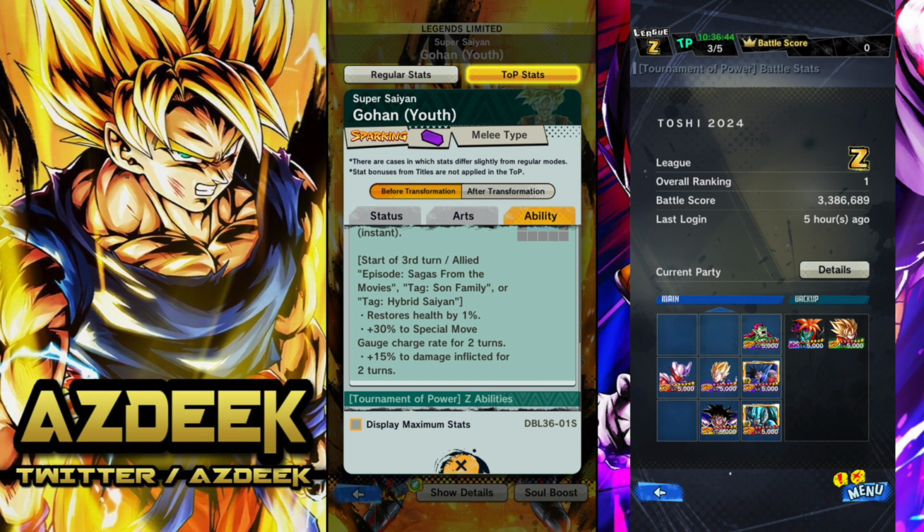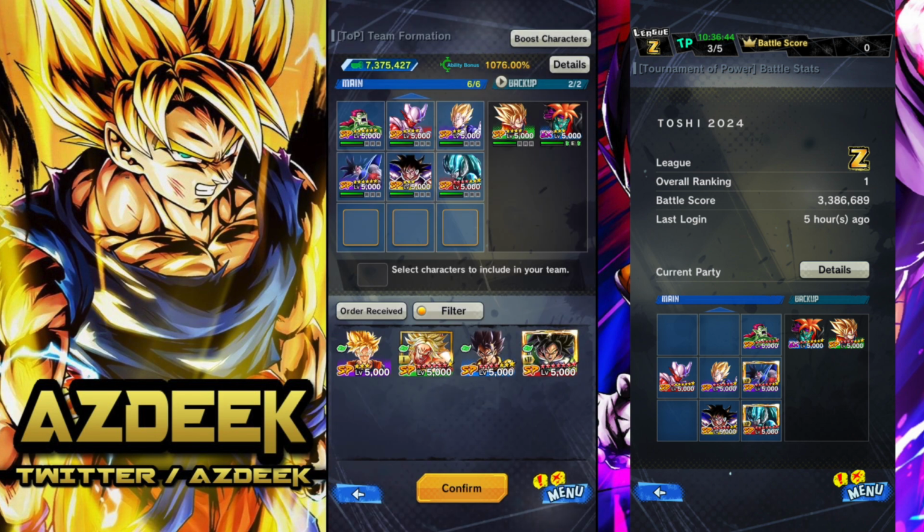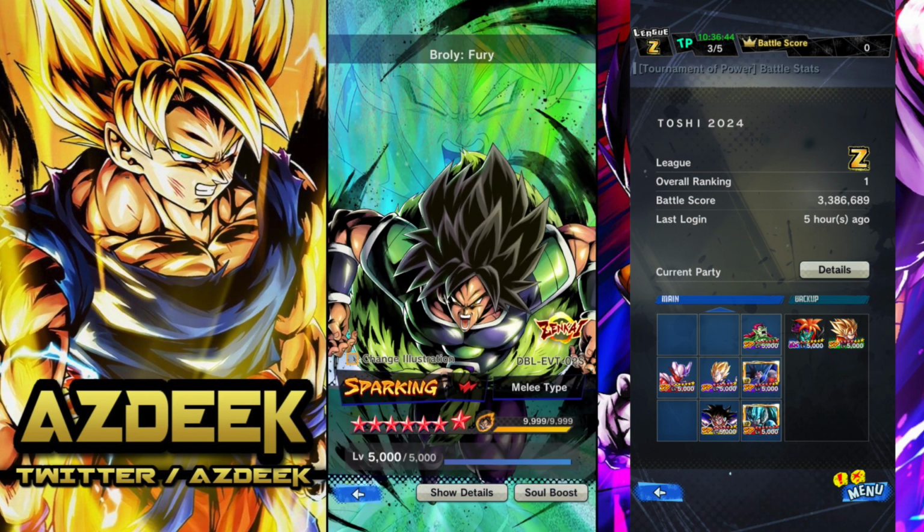At the start of the third turn, he heals everyone by 1%, gives them all 30% to special move gauge charge rate for 2 turns, and 15% to damage inflicted for 2 turns, right? That's pretty good. I'm not gonna lie, Broly was tier 3. This Broly was tier 3 last season, and I still brought him, and I still was able to make it